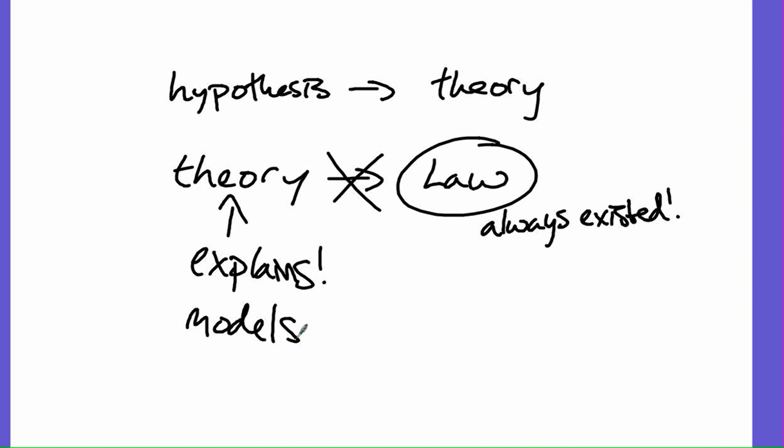The law is just that, well, if you drop your pencil, it's going to hit the ground. So a law is actually something that's very simple, and it was always there. The law was what we were trying to explain to begin with. The law came before the hypothesis, in reality. So just understand the difference, and we should be okay on that.